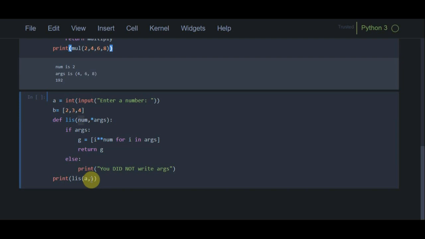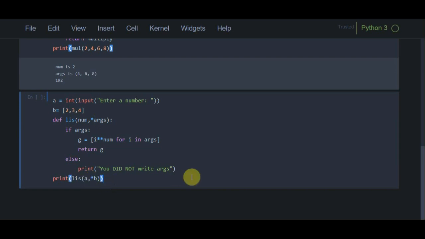I want the list to be stored in args. So if I want a list to be stored, I must use a star before b.